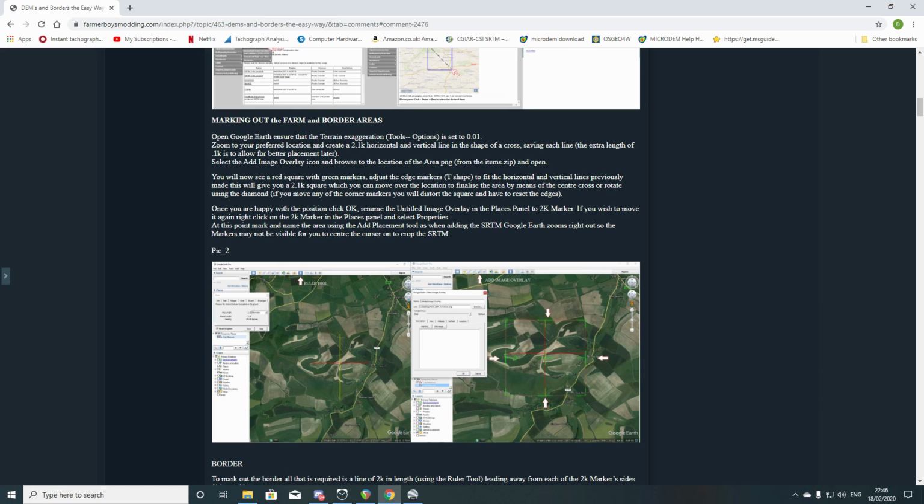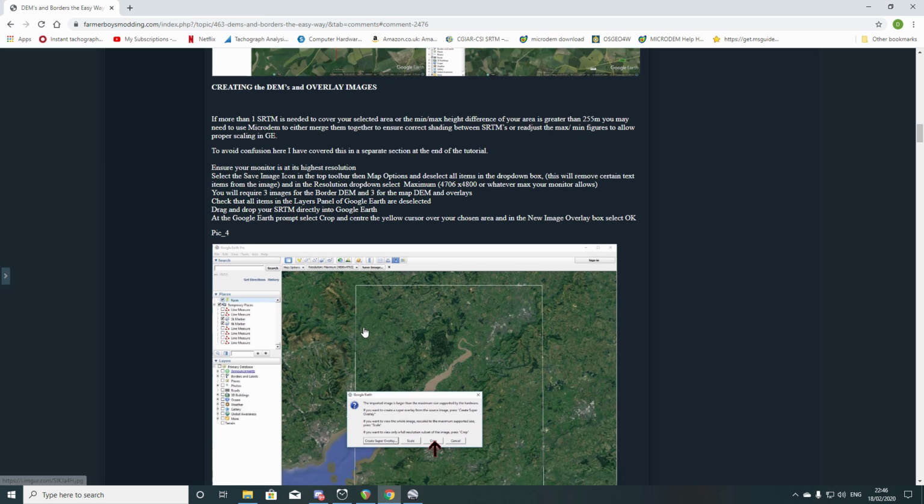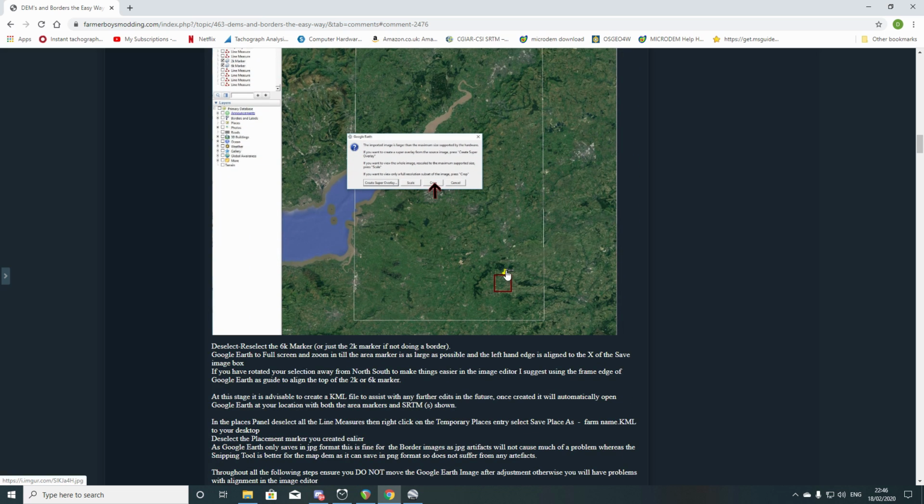So once we've got all of that, we rename it to 2K marker, which is what I've just done. So if you wish to move it again, right click and then click on properties as I showed you, and then you can move it around and do whatever else. Now, it does say here to add in a placement on the map, which will look like, does it give me an image like that, the little yellow pin,